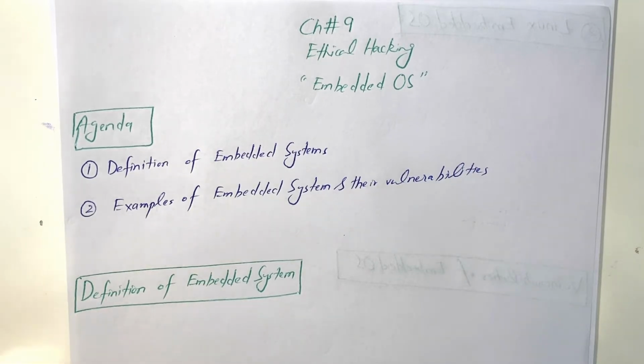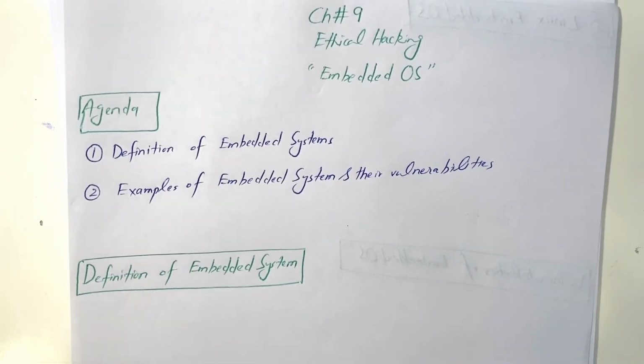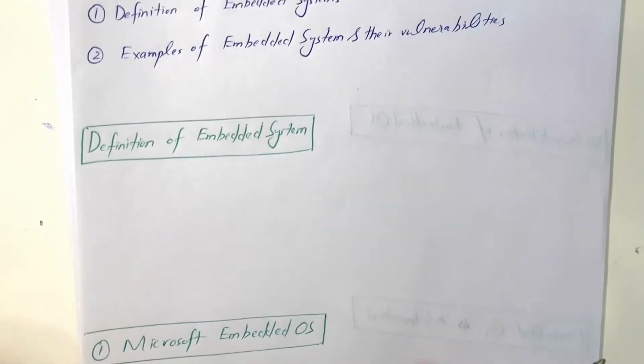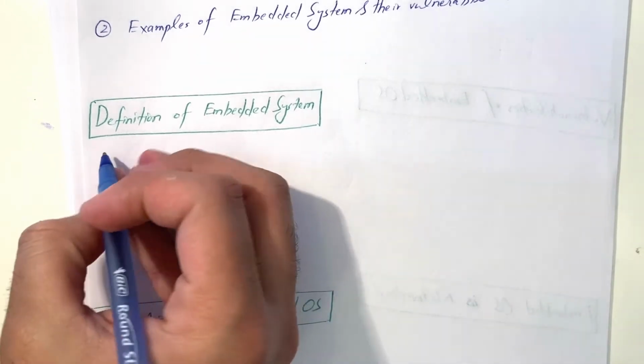Sometimes ethical hackers ignore this particular part, the operating systems of small embedded devices, like sensors, RFID sensors. They do have operating systems. So let's start with the definition of embedded system, types of embedded operating system, and then we will see their problems. So an embedded system is any system,